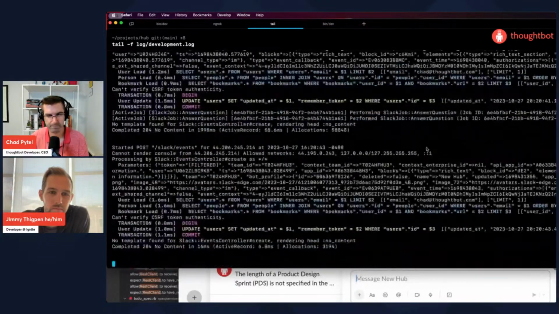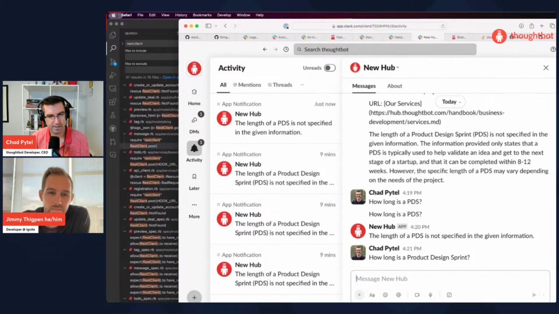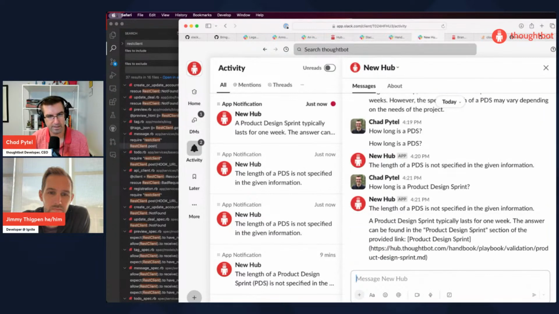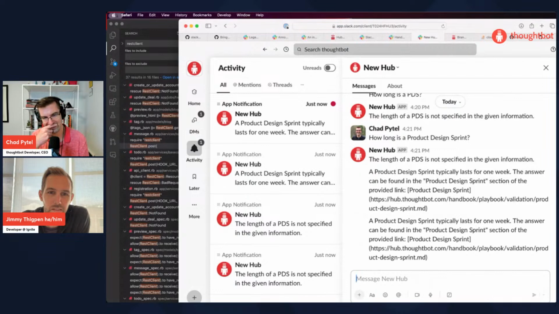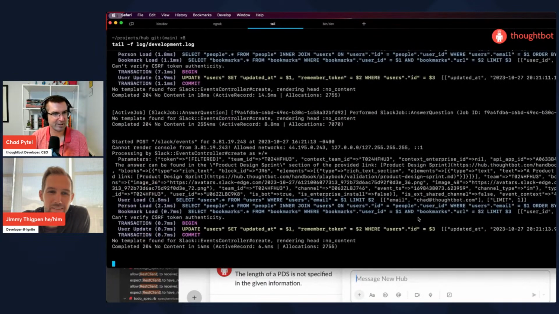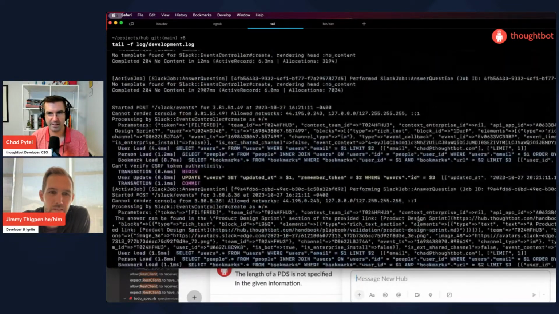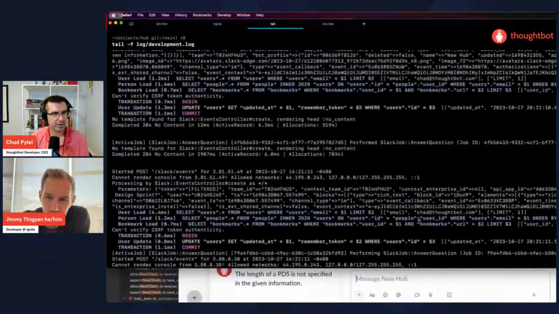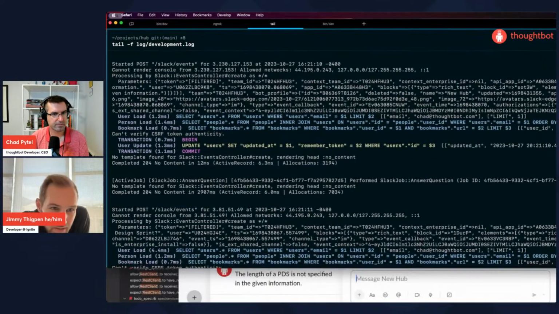I wonder, how long is a product design sprint? Oh. Huh. Let's look at the log and see what happened there. So I see it. This is it right here. How long is a product design sprint?